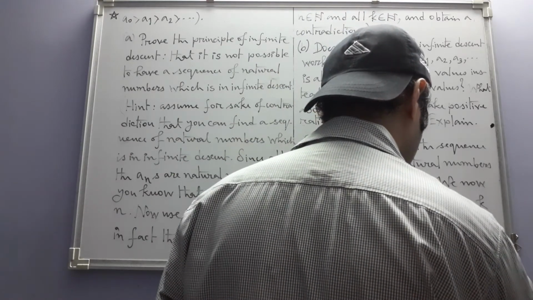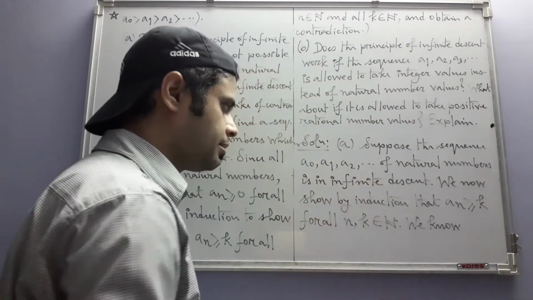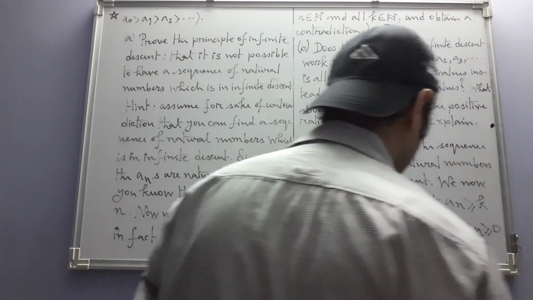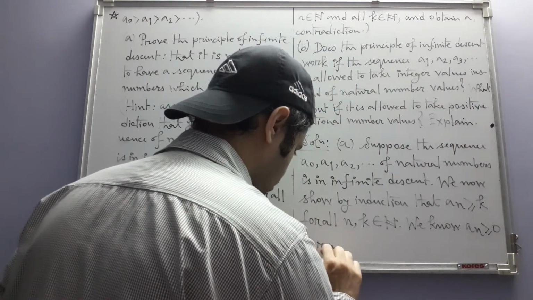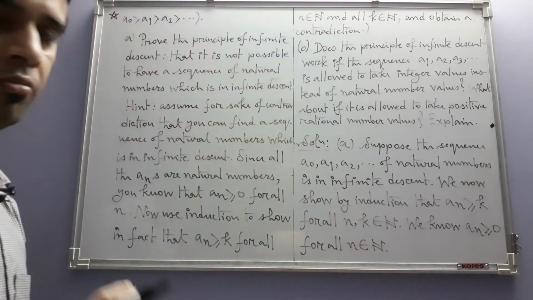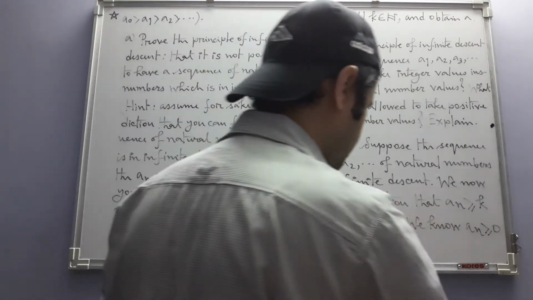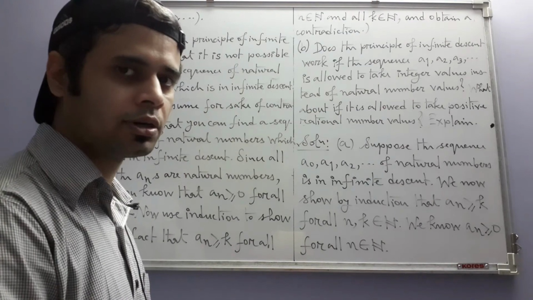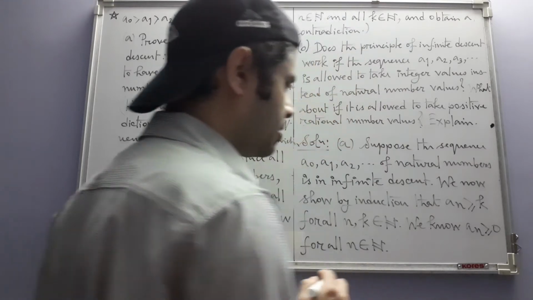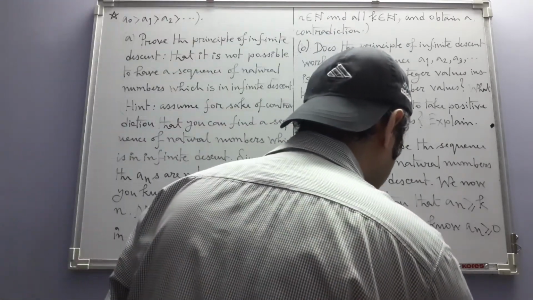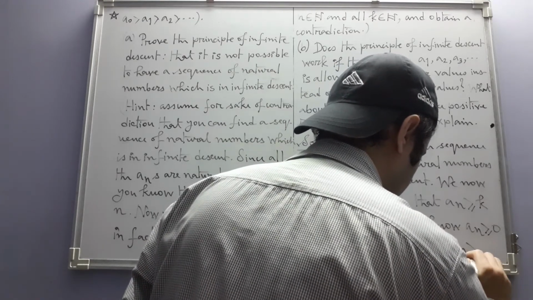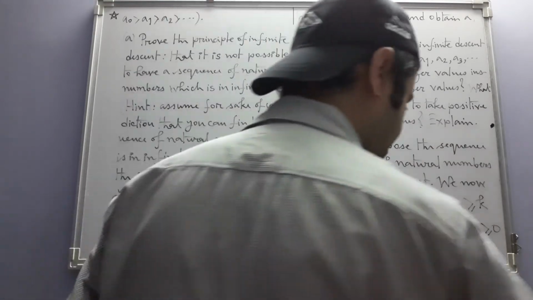We know that since all the a_n's are natural numbers, a_n is greater than or equal to 0 for all n. So this is the basis for our induction, which we simply have from the properties of order relation on the system of natural numbers. Now we are going to make the induction hypothesis. Assume that a_n is at least k